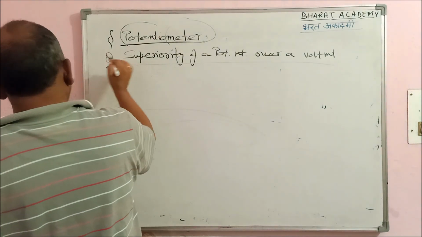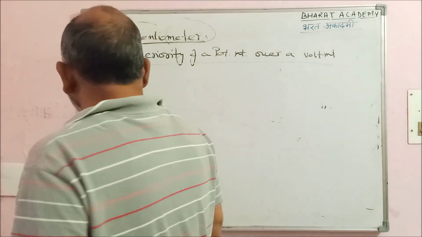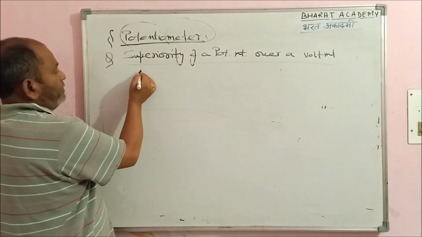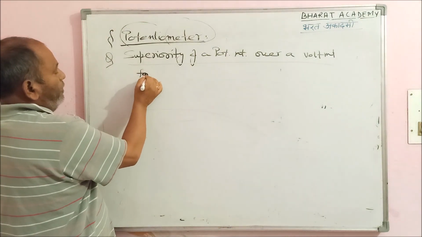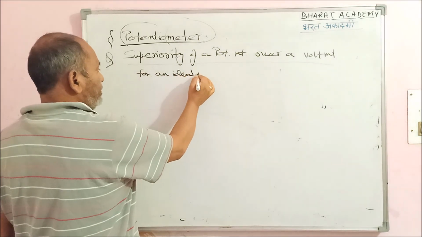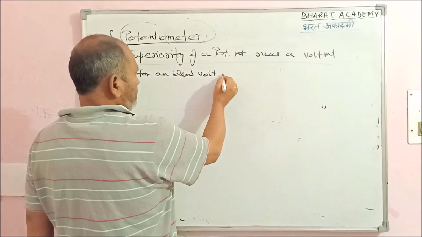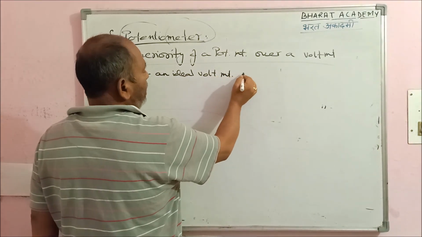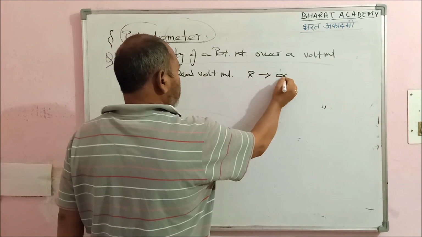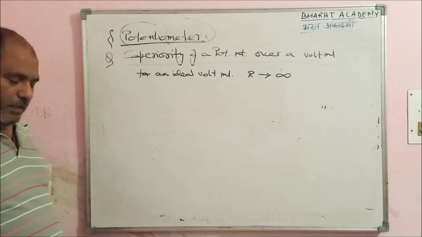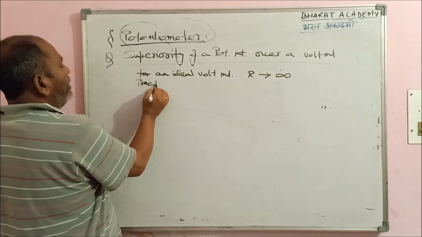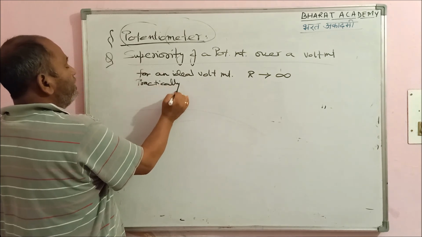This is a very popular question. If you do remember, for an ideal voltmeter, what do we have? Resistance tends towards infinity. Practically,